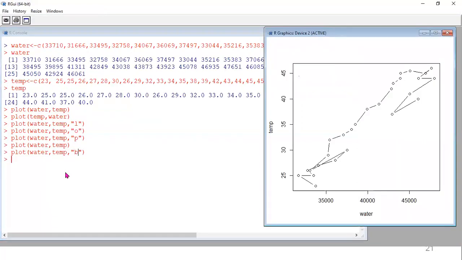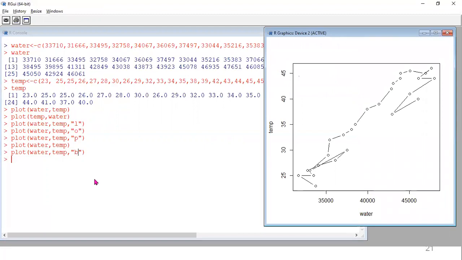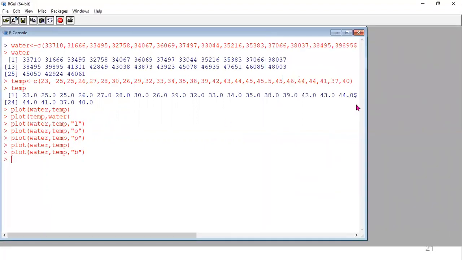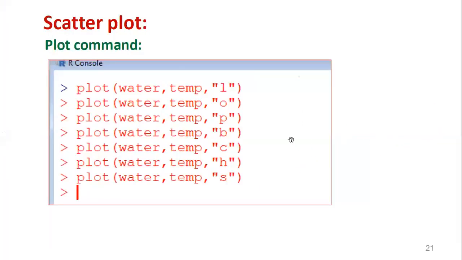Now you can see line as well as points, both. Then next you can see C, the type C. Here you can see combined along with B. This is the shape with type C.